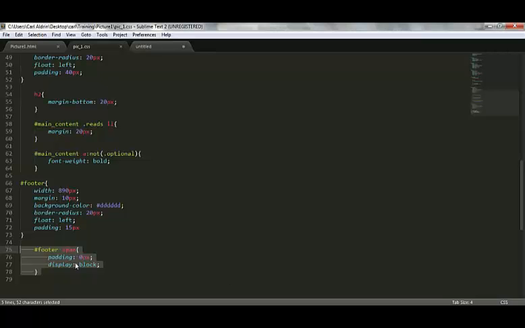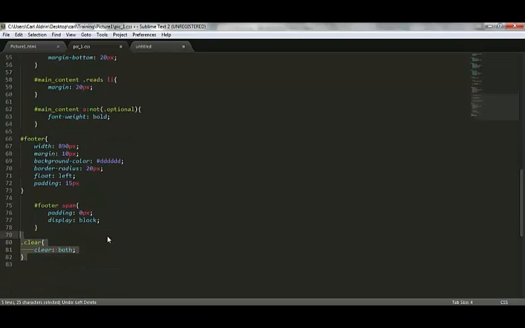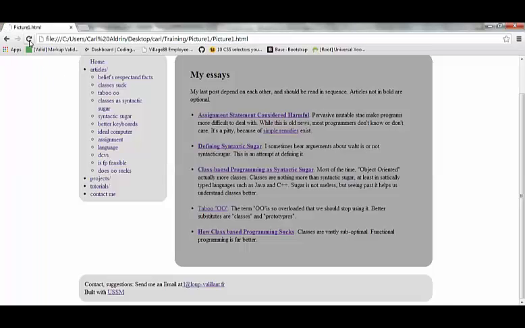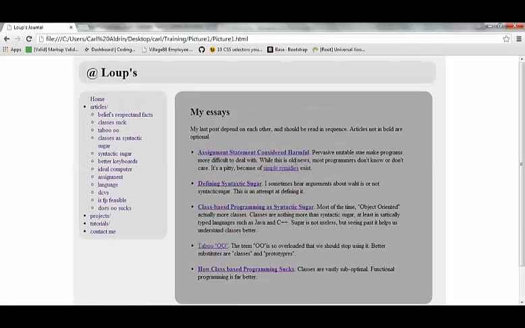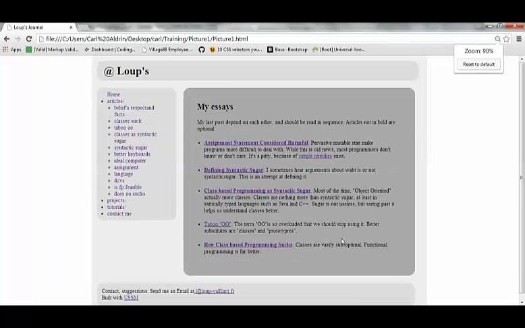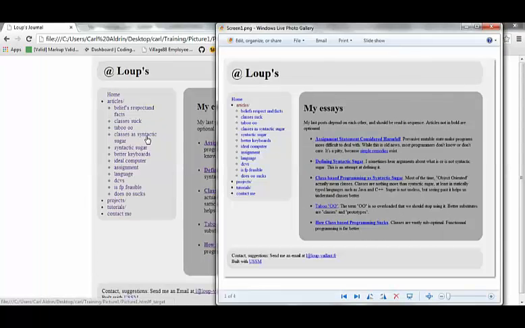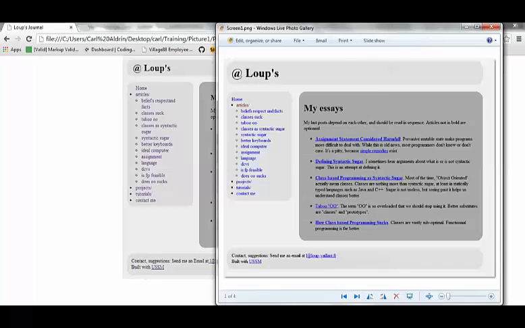So we would also give it a CSS clear both. So let's save it and tada! Our project is now complete and it looks identical, right? Like this.